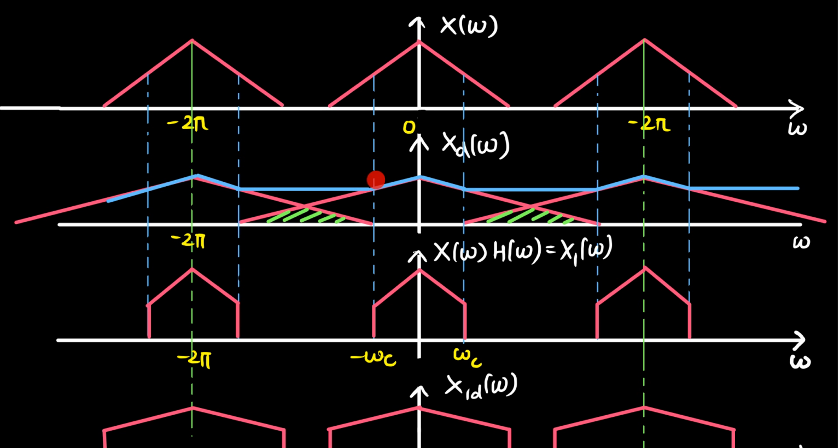So in order to avoid this, what we do is we use some kind of filtering. That is, we consider a filter something like this. Now as we are in the discrete domain, that is, for the discrete-time Fourier transform, we would be having the replicas of this filter at minus 2 pi as well as at 2 pi. So something like this.